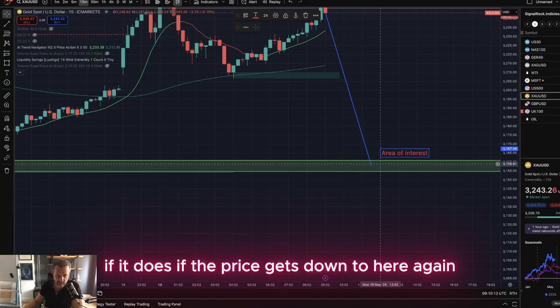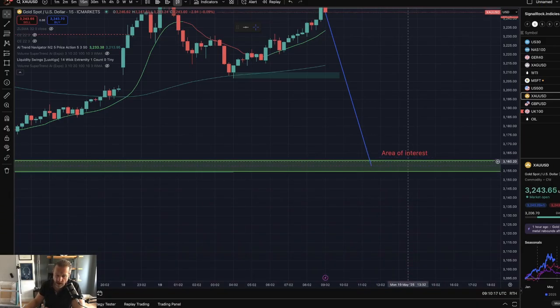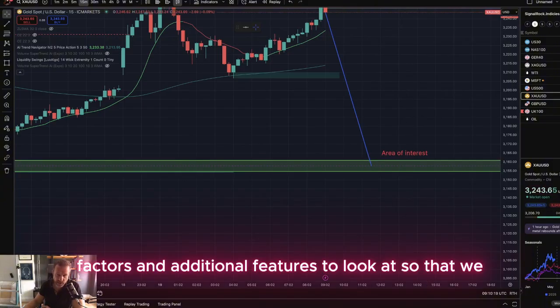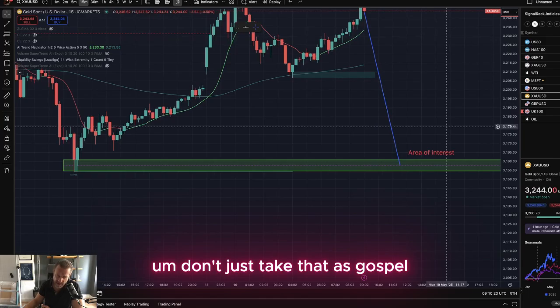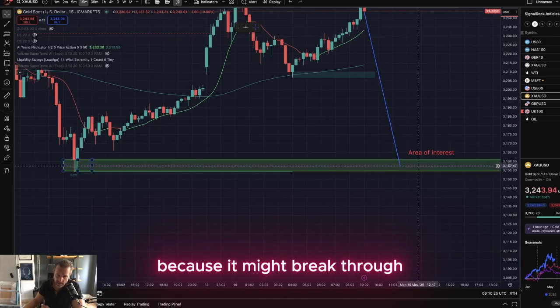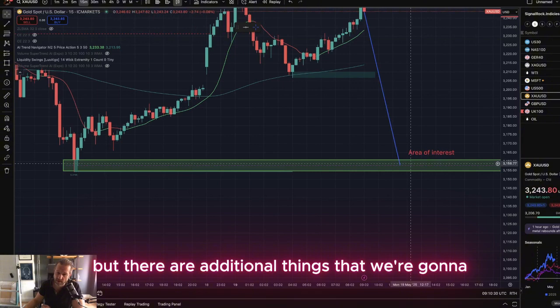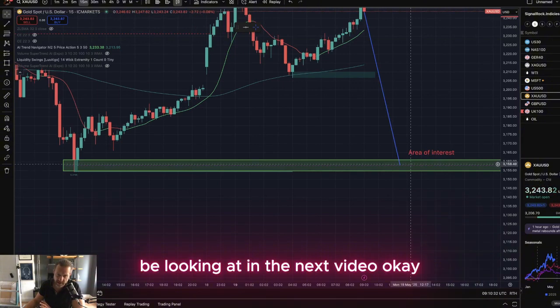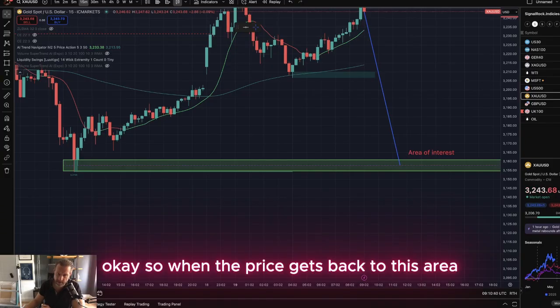if the price gets down to here again, there'll be additional factors and additional features to look at so that we don't just take that as gospel, because it might break through, or it might not come down that far. But there are additional things that we're going to be looking at in the next video. So this is supply and demand trading. When the price gets back to this area,